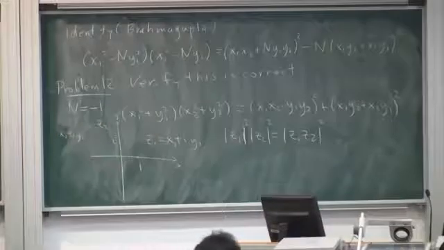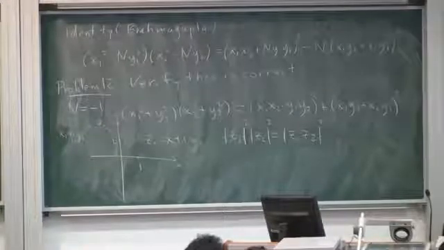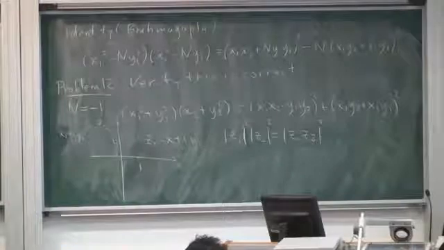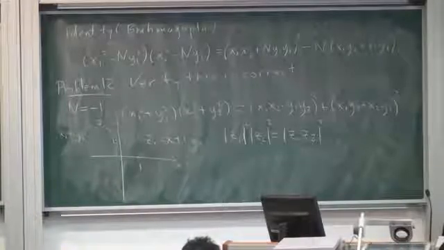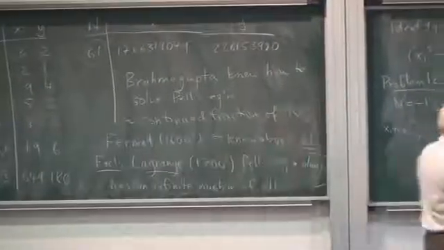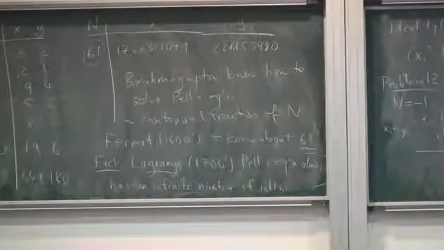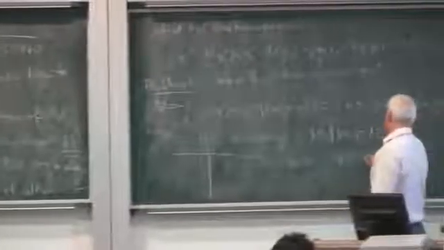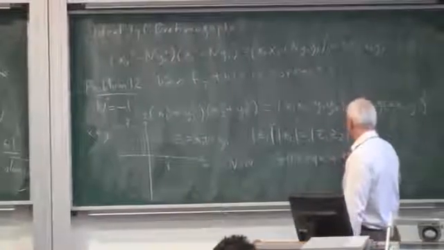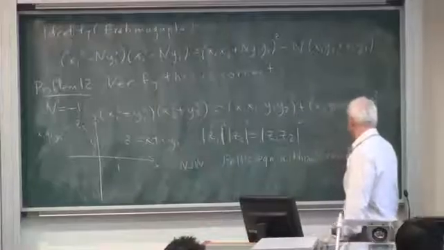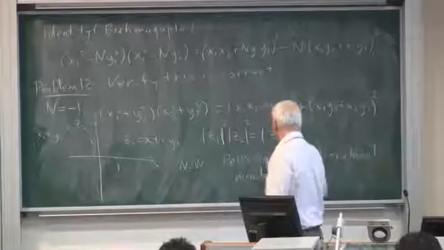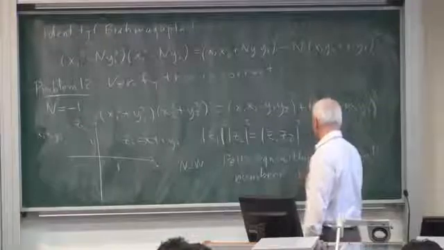Okay, but still the question remains, how do you find one non-zero solution? How do you come up with a solution like this? What's the algorithm? That's too hard for us to talk about, but I will mention a paper of mine which just appeared last year. It's called Pell's equation without irrational numbers, and it's in the Journal of Integer Sequences.